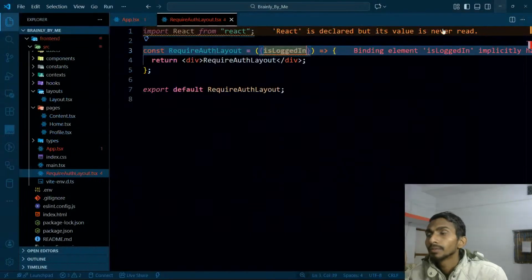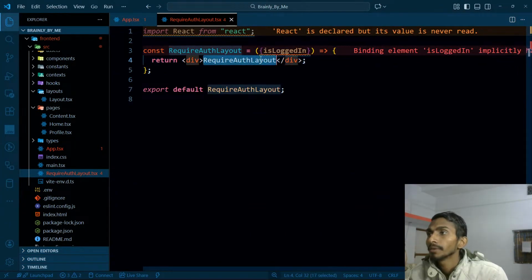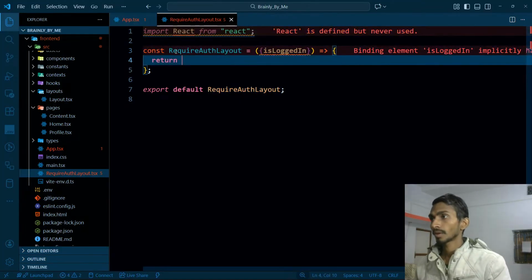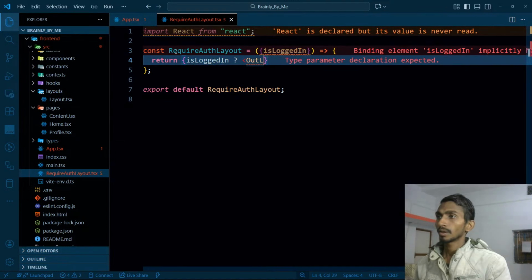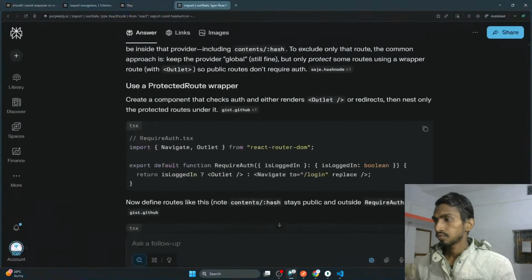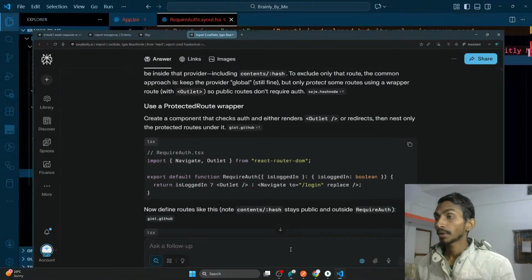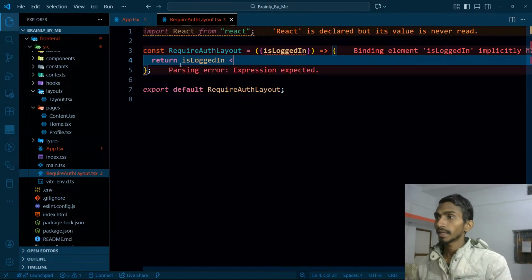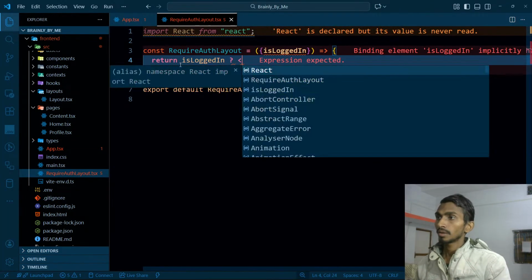ठीक है. So what I want that if I have to return, what do I have to return? If is logged in, in that case outlet. Is this not fine? Return is logged in. I don't need to use this. Okay, return is logged in, in that case outlet,